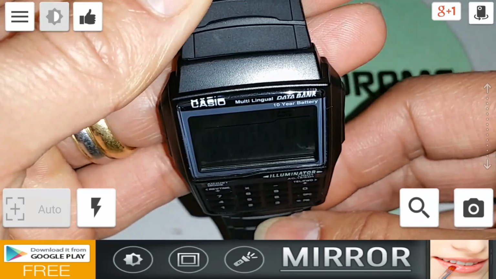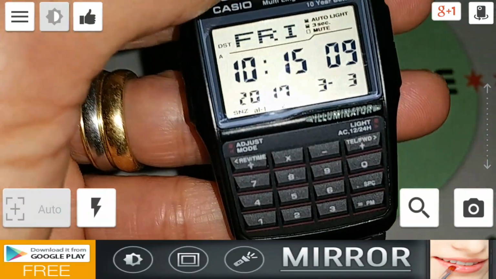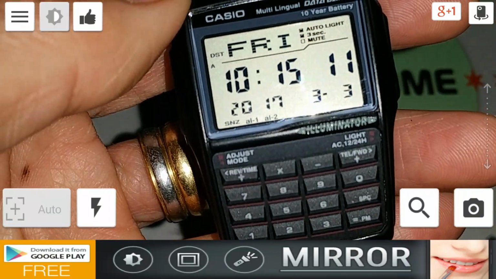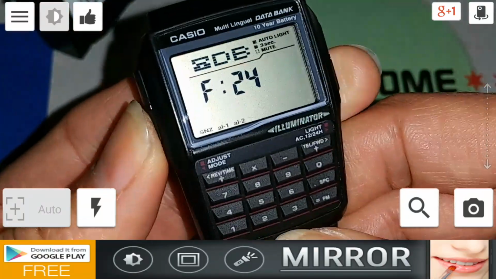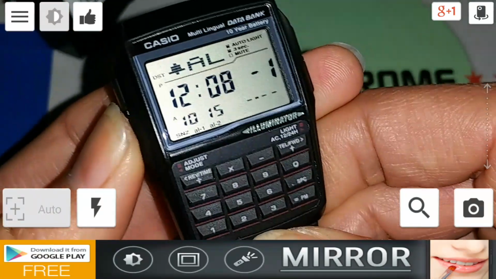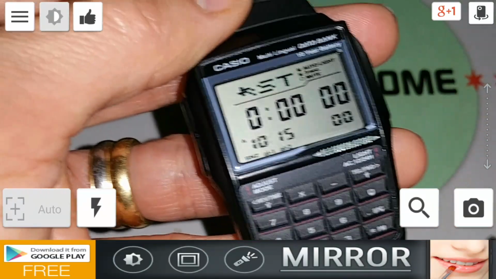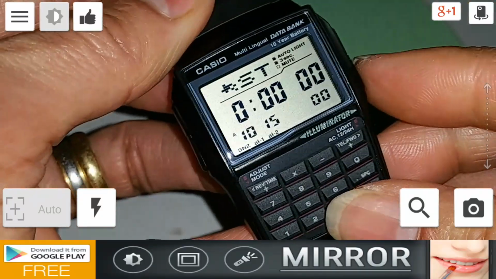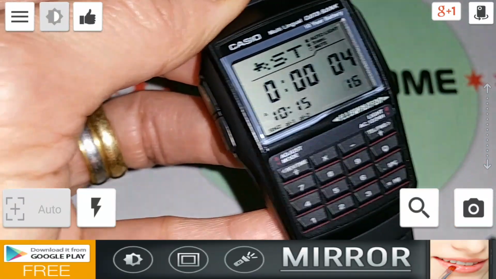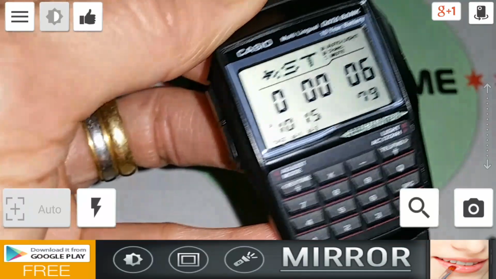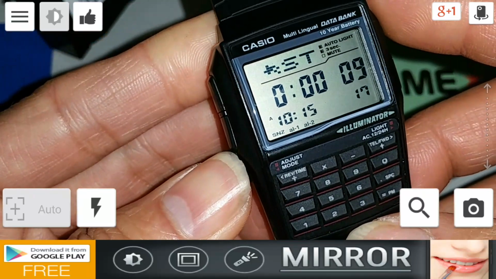All right, guys. So this is how to set the timekeeping mode for the auto lights. So let's go to the next mode, which is the stopwatch. For the stopwatch, you press C to start the time lapse. Okay. So when you want to stop, you press C again, and then you press A